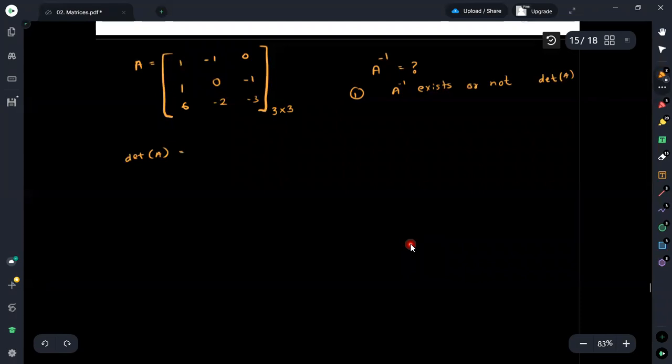Therefore, applying that method directly, first I have to choose the value here. It is 1. Then cut down the row and column. Then the remaining elements are 1, 0, minus 1, minus 2 and minus 3. Then the second term is connected with a minus sign, minus with minus 1 is there.